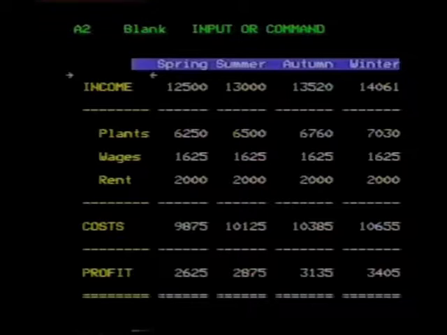Let's look at this. It's a little profit and loss statement for a landscape gardener. And on the top line here, an income, he's got what his revenue he expects to be each quarter, spring, summer, autumn and winter. He's got the costs of his plants, which is half his income. He's got the wages of one man here, and he's got the rent of his offices. Totaling those 3, plants, wages and rent, he has his costs, and subtracting that from his income, he gets his